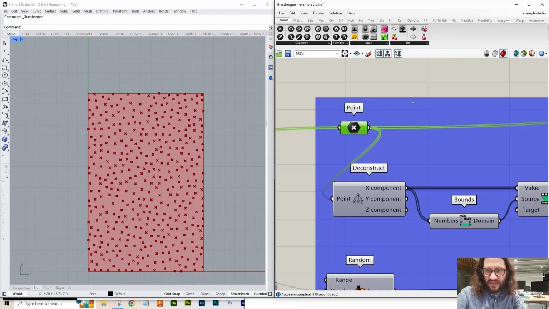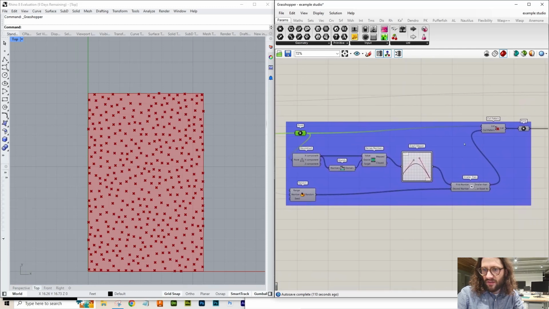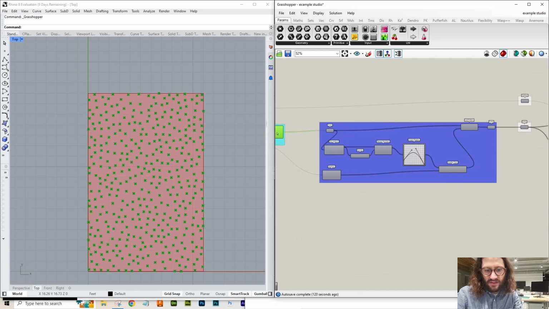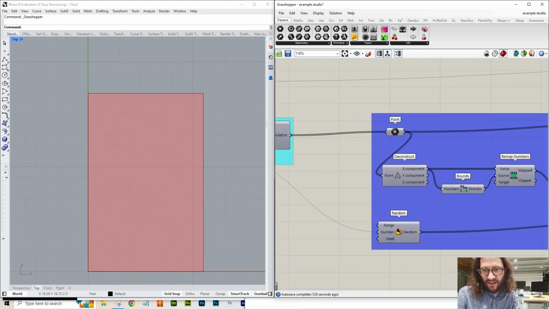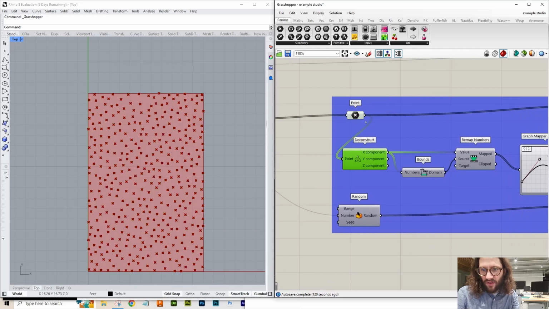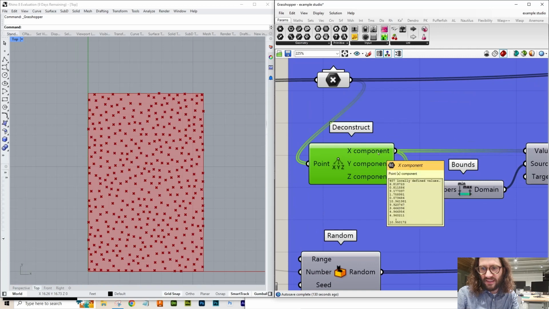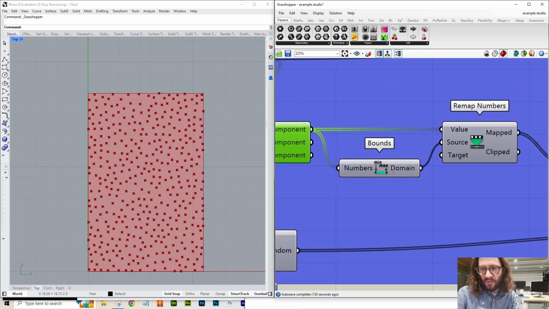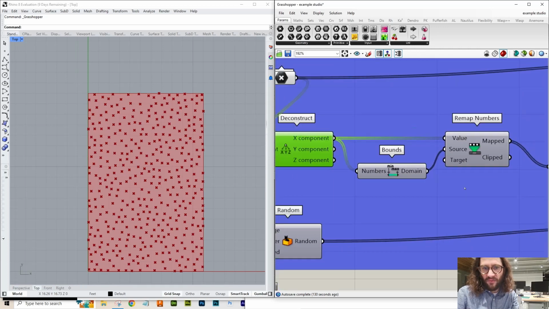So this point, I got off that YouTube video. Essentially what this does, it takes the points, which you can hide, unhide, same thing, and it breaks down all of these points into x coordinates, and then it finds the maximum and minimum of them. So whether or not this rectangle is up or down won't matter as long as the max and min, and then it's remapping them